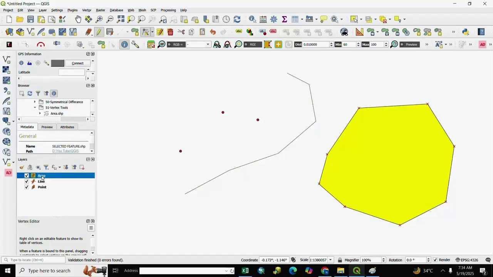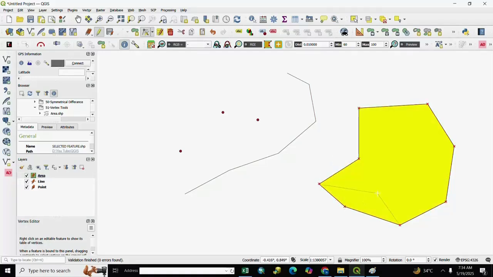If you want to edit a vertex on the current layer, you go to Vertex, and select the Vertex Tool for the current layer. We select it, and our current layer is highlighted. If you want to modify it, you click on a vertex and modify it as per your requirement.